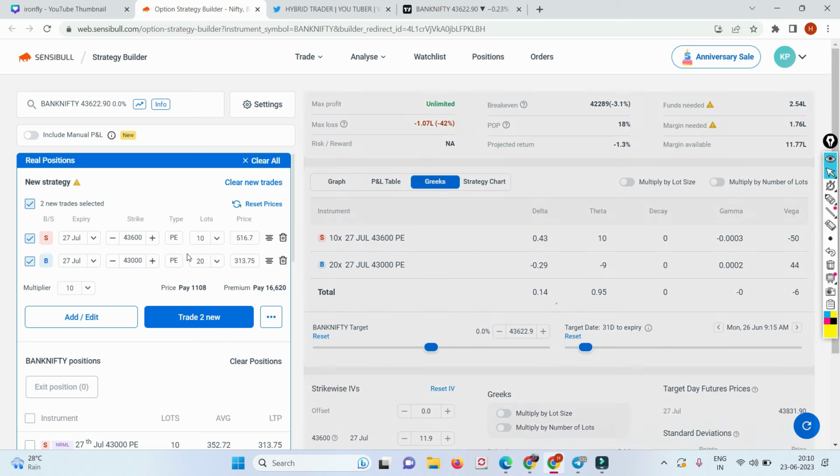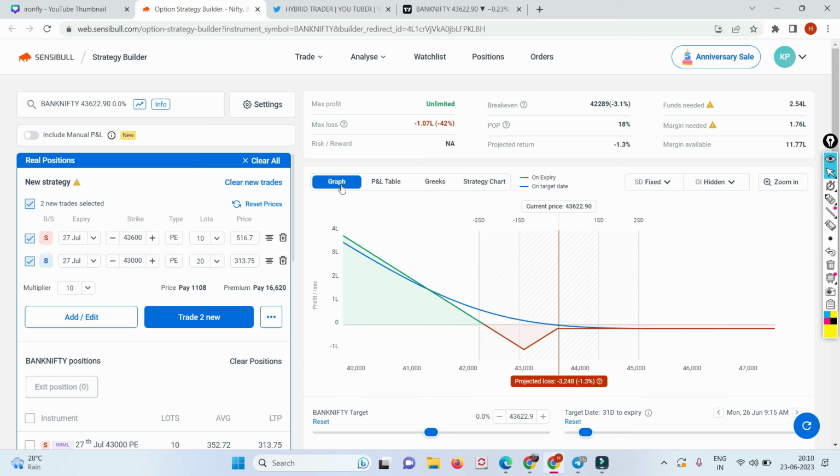I'm not sure, at times even I get confused, but this is sort of Vega positive. This is -6, that's it. This is not a credit strategy basically. So whenever the VIX rises, your buy premium will increase like anything. This buy premium is huge, right? You have given 516. See, if I start discussing all these strategies, the video length will become too long. So what am I telling is, I've just proved to you